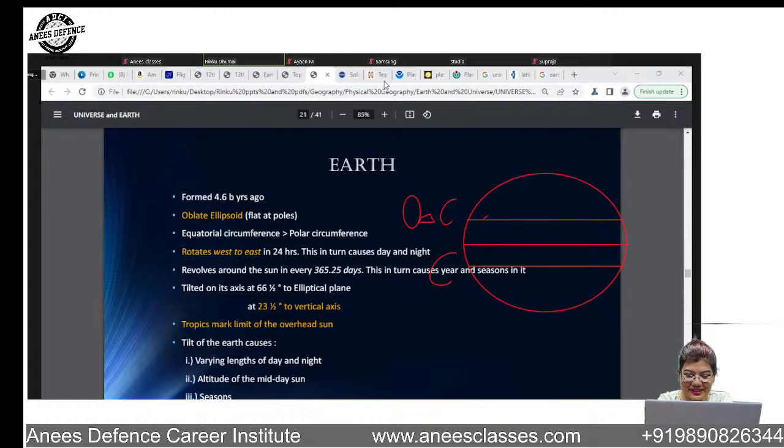So we are saying only within these tropics, this tropical region, are the sun's rays received in an overhead fashion at 90 degrees. And that also not at all times in the year. We say at different latitudes